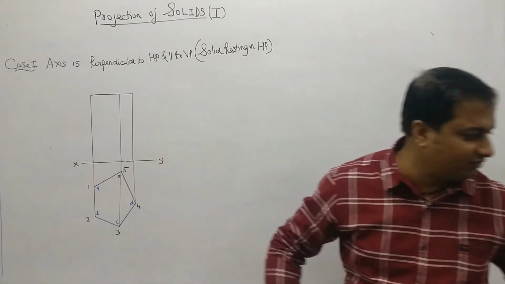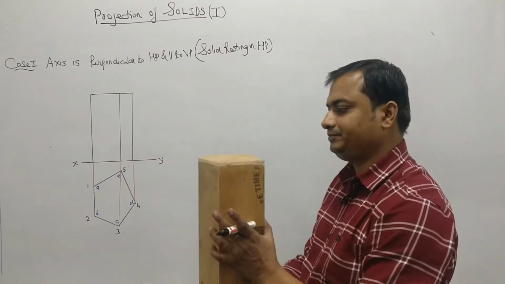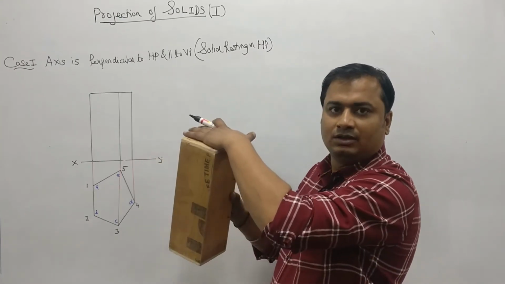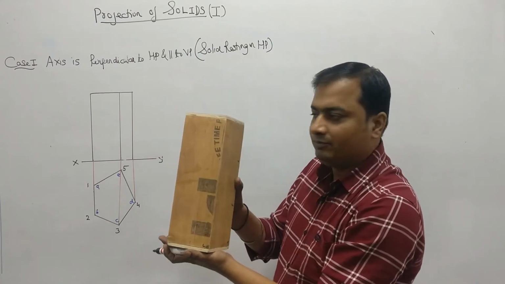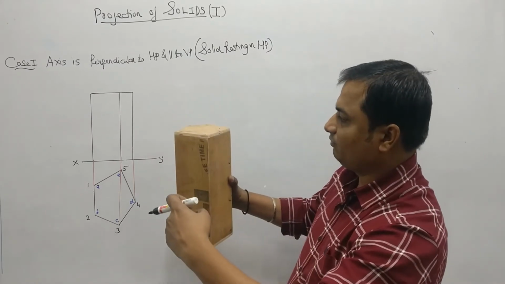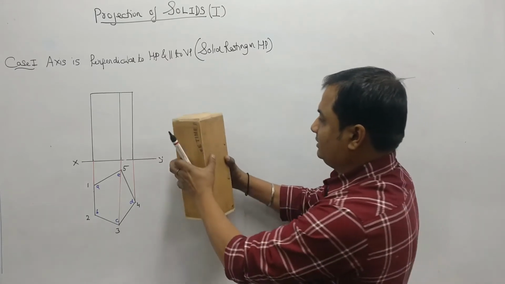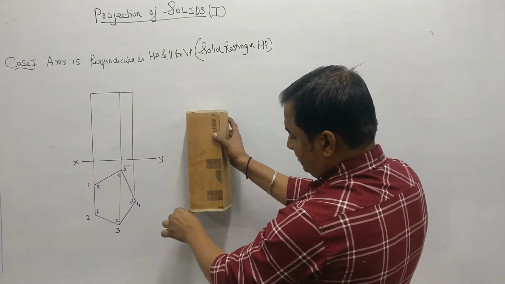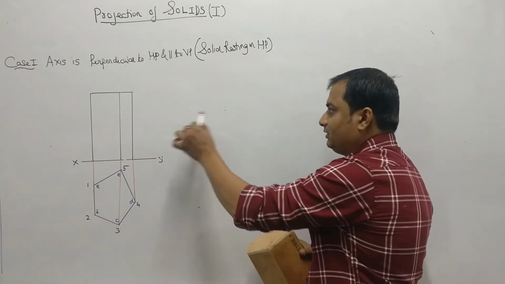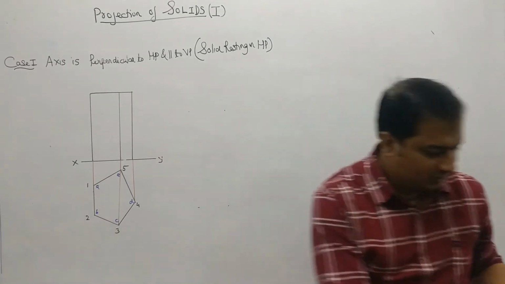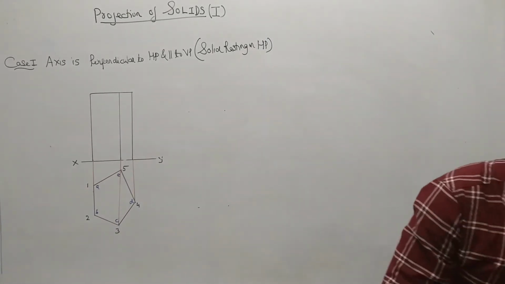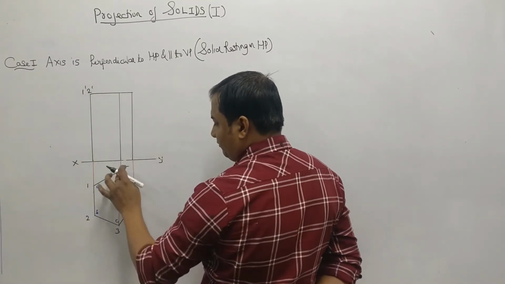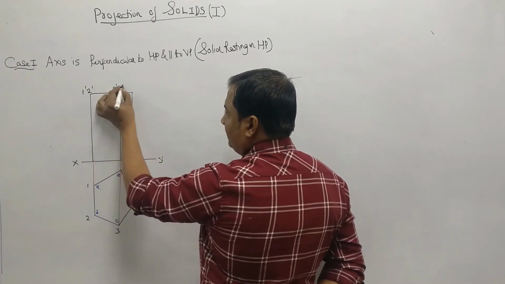So now what is the naming on the front view? Again coming back to the naming, I have given 1, 2, 3, 4, 5 for the top and alphabets for the bottom, right? So when I see from the front, the numbers will be on the top, and alphabets should be on the bottom. So 1, 2 will be moving here. So this will be 1 dash, 2 dash, 4, 3 will be moving here, 3 dash, 5 dash,